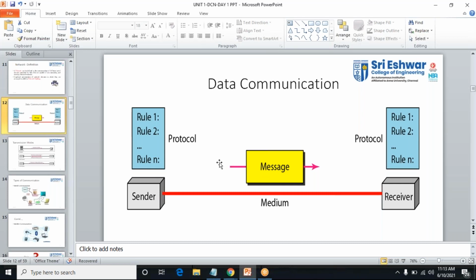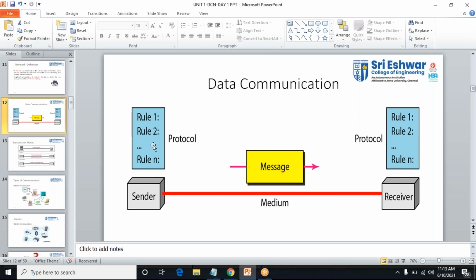See, protocol is nothing but, can you see here, the rules. The set of rules that governs the data communication. Generally, the protocol is a set of rules and regulations, and here in data communication, it governs the communication between the source and destination. Also, the protocol is a pre-decided set of terms for communication. Pre-decided in the sense we have some common rules and regulations to be followed. That is predefined definitions or terms for our communication. That is our protocol.